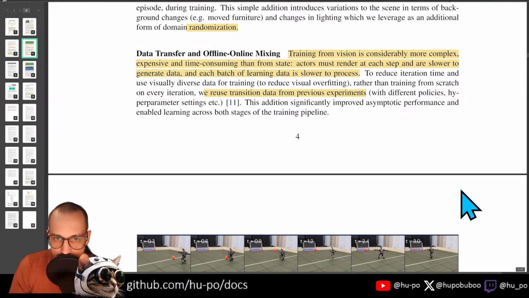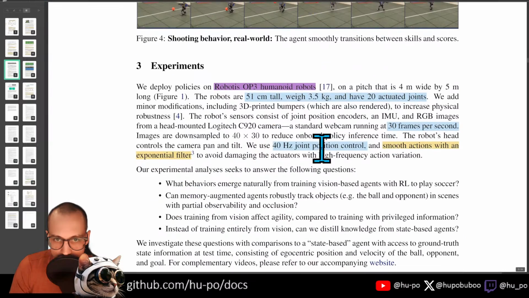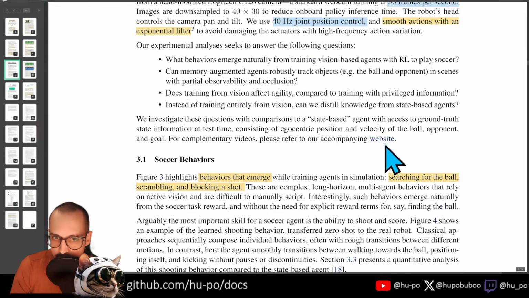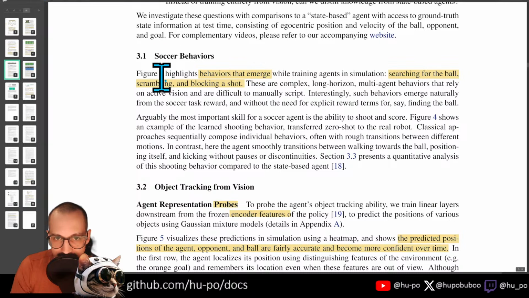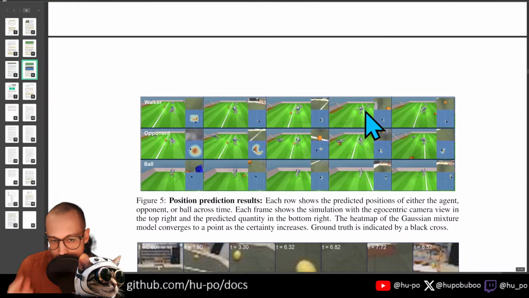They do this fancy stuff with NeRFs where they render the background, and do a little bit of domain randomization there. And then one of the cooler parts of this is that they had emergent behaviors, right? So being able to learn from scratch using vision means that there were specific behaviors that they never really had any reward shaping for,